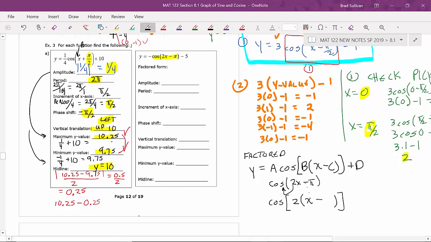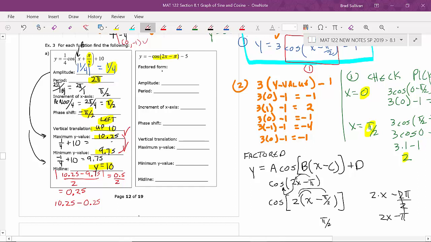All right, so it goes like this. Just take this number pi and divide it by 2 because you took that out. Then that's the factored form. Really, you always just take that number divided by that number and get that. Now distribute in your head. See, 2 times x and then 2 times pi over 2 gives you 2x minus pi,